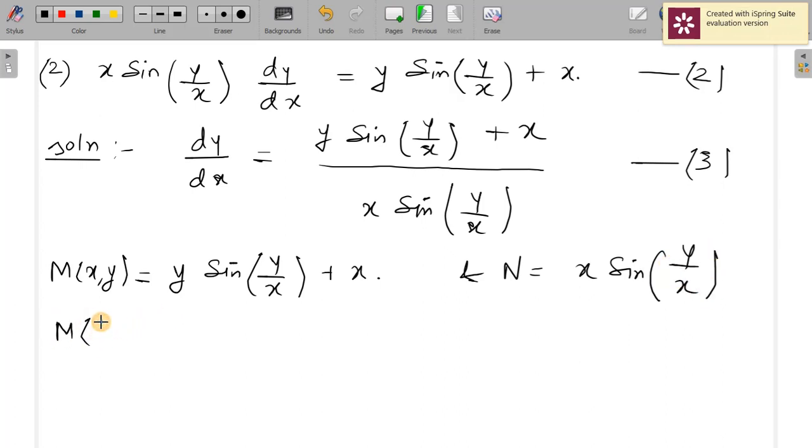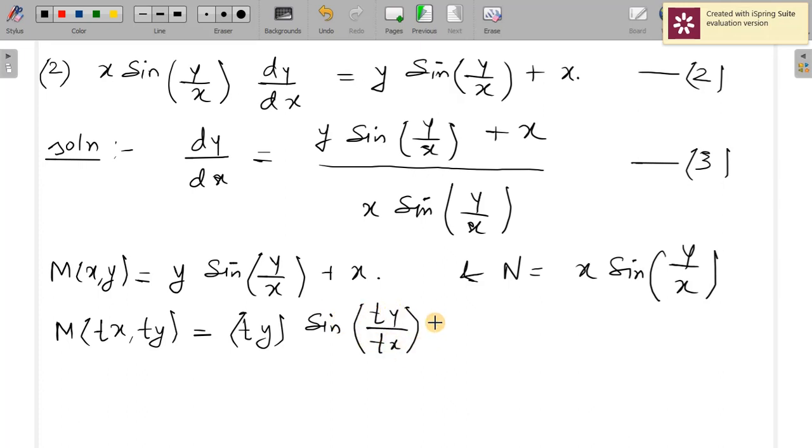So first let me see m of tx comma ty. So that is same as ty sine of ty by tx plus tx. You can very easily see that t can be taken common and this t gets cancelled inside the bracket. So that's same as t into whatever the things that will remain will be same as m of x comma y. N of tx comma ty